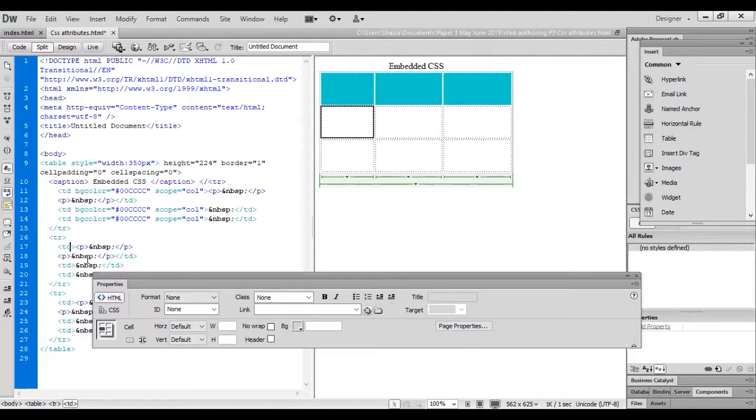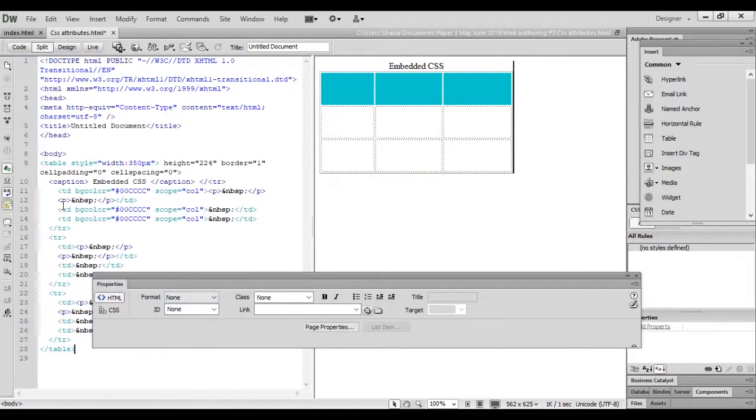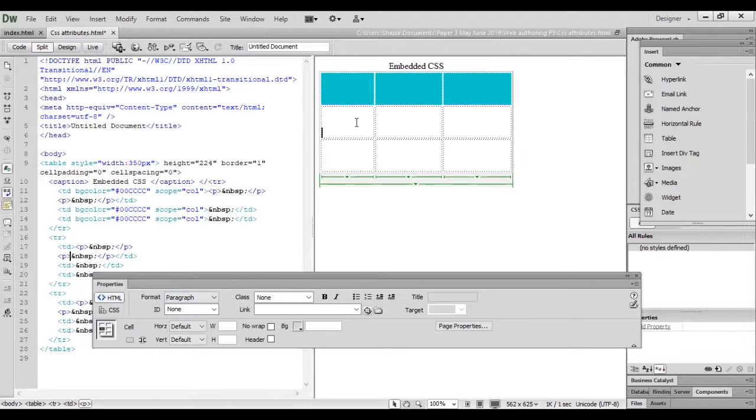Remember one thing, you have to define it yourself. Read queries carefully, what the examiner wants you to do. If the examiner asks you to change your table width using internal style, you have to use this style, internal style. These are the style attributes. So if the examiner asks to change the height of this particular cell of this table, of this column, just go and bring your cursor here.